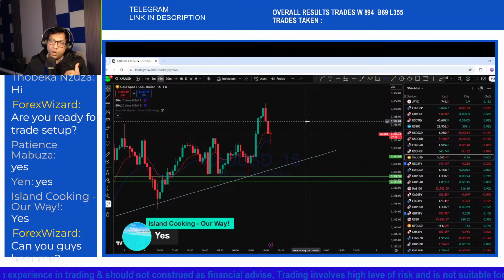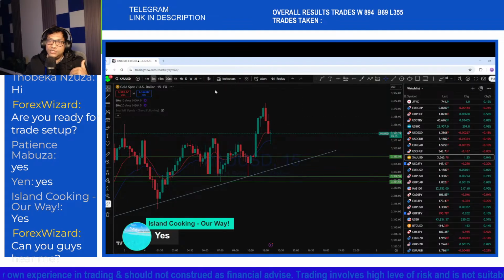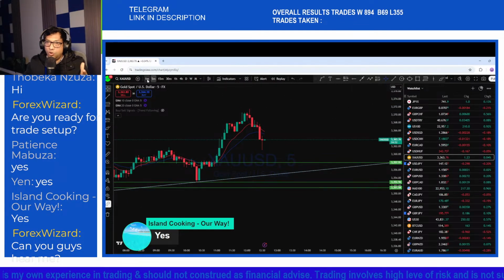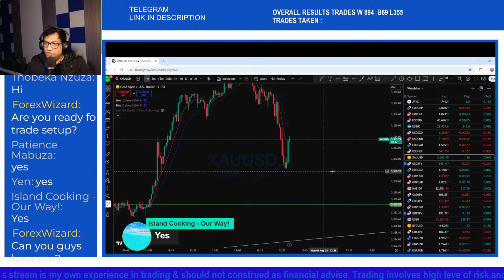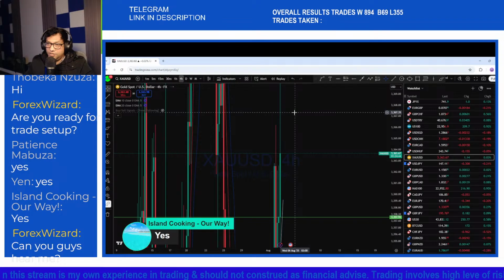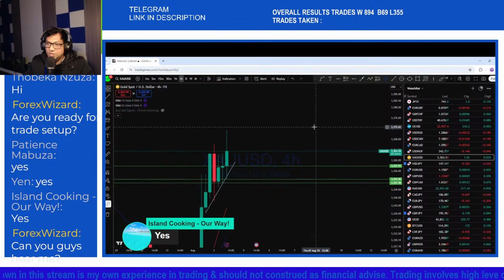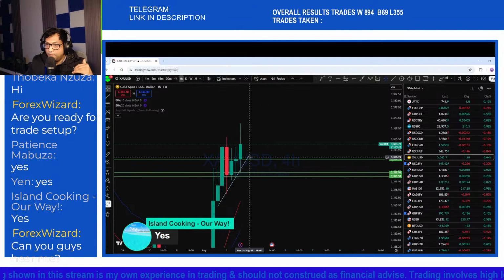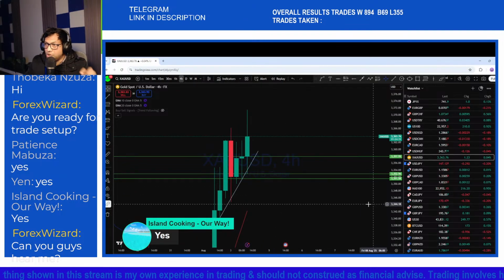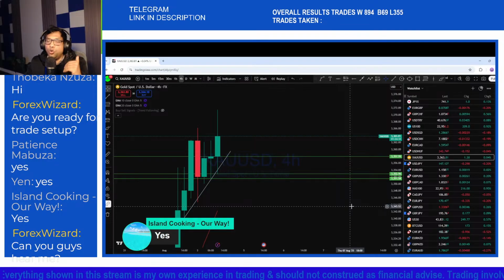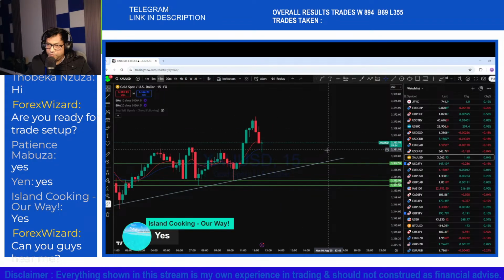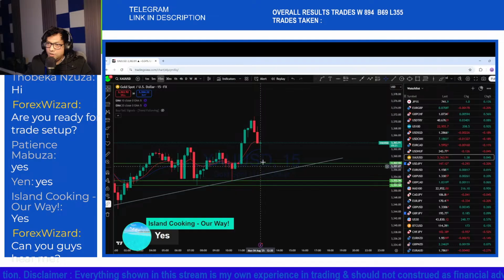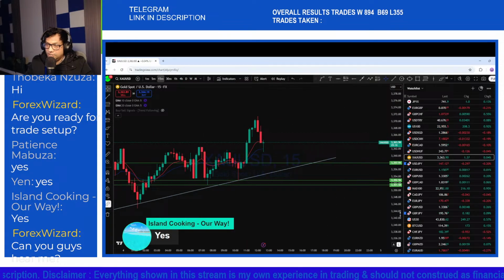Looking at the 4 hour and 15 minutes, if we see any other entry on the lower time frame, we also will be looking at it, such as on the 1 minute. It's currently bearish here, but the bigger picture is bullish. So looking forward to see gold potentially has broken this session's low. In these sessions, our aim is to look for the market to break that 4 hour low, so that we can look for a possible bullish entry in this market. Here it's trying to push back to the upside to create a new higher high.